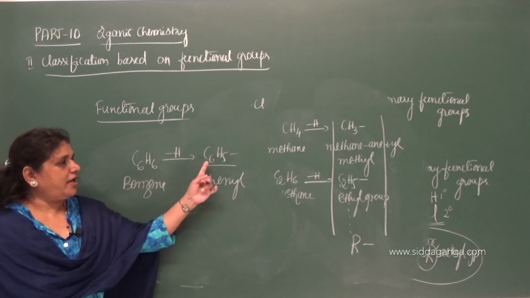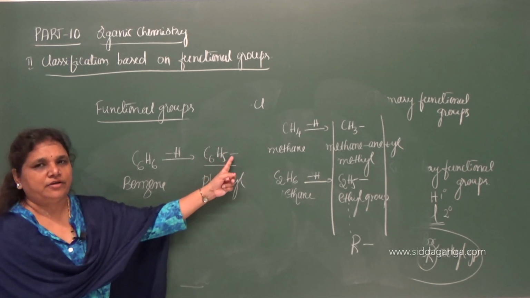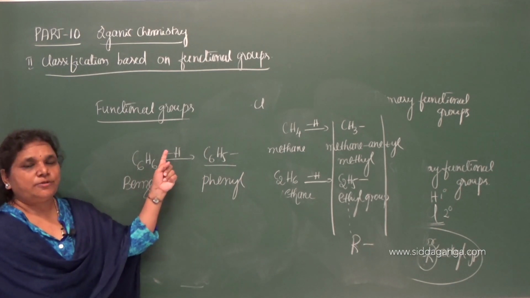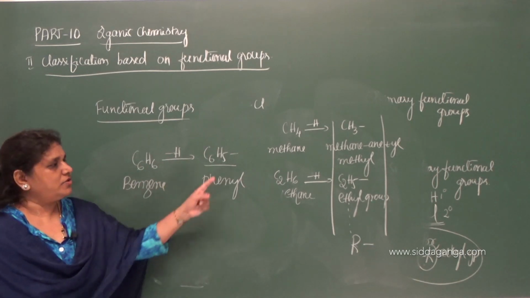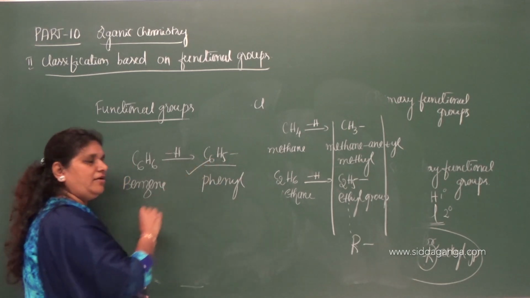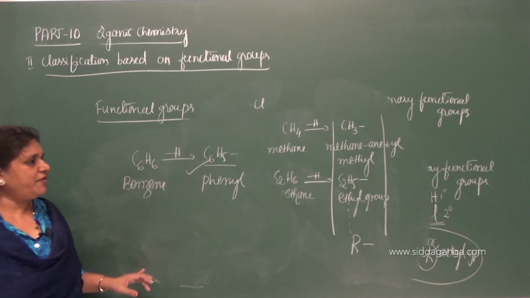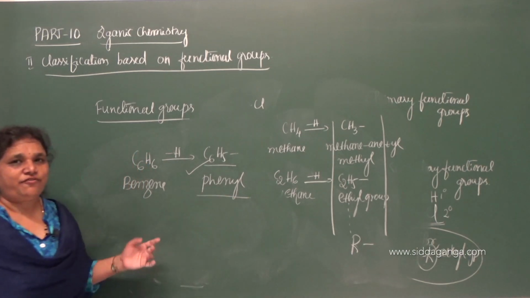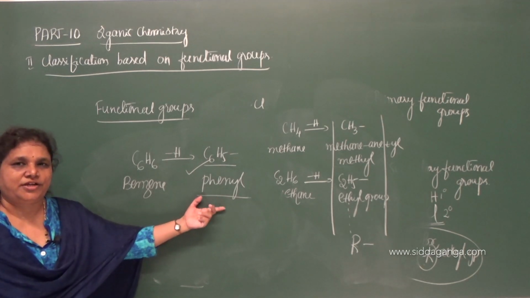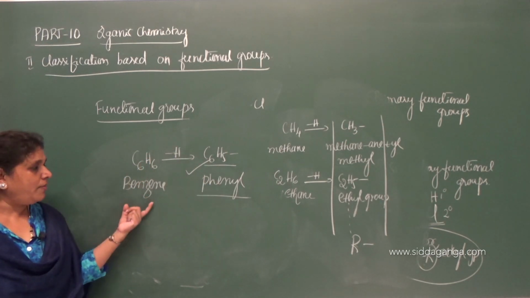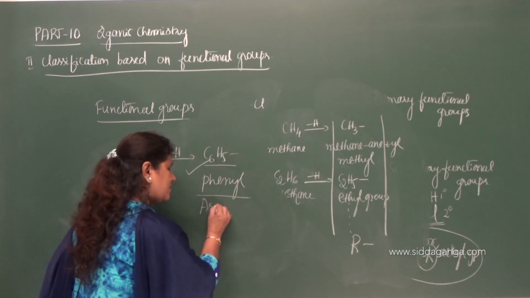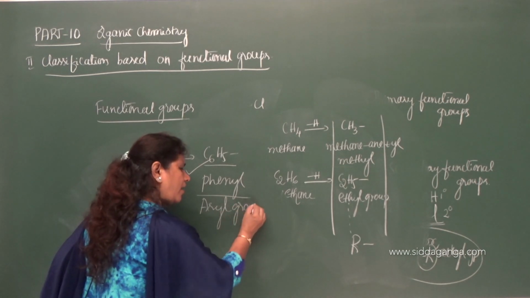So, what is phenyl group? C6H5 with a hyphen. One vacancy of the carbon is vacant because it is obtained by removing one hydrogen. So, therefore, C6H5 is a phenyl group. Very, very important. Phenyl group. Since it is derived from an aromatic hydrocarbon, say benzene, this group is an example for aryl group.